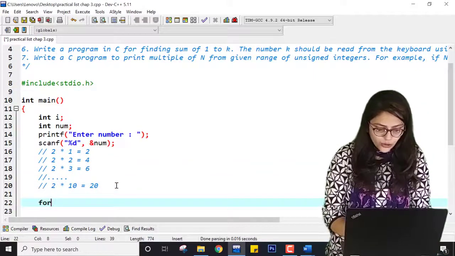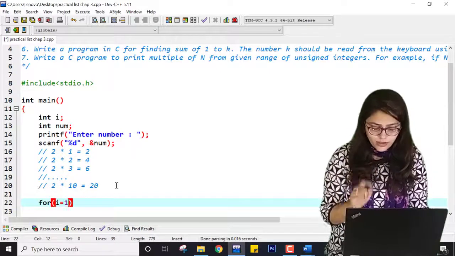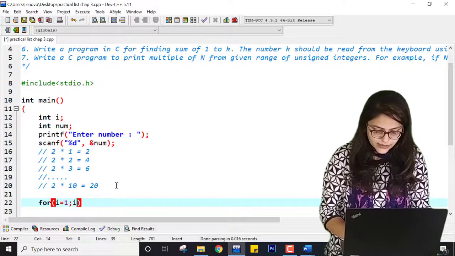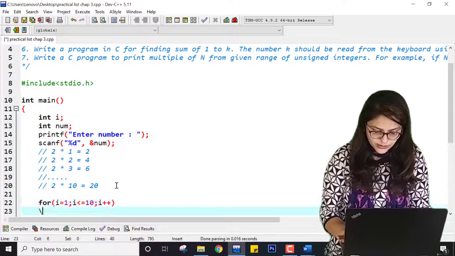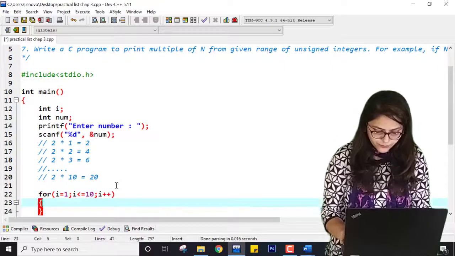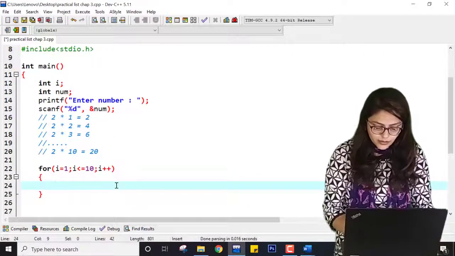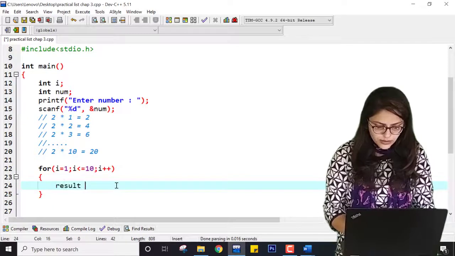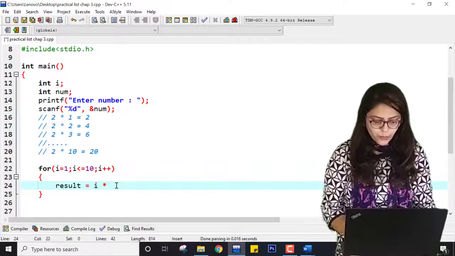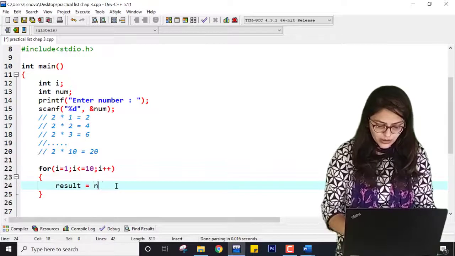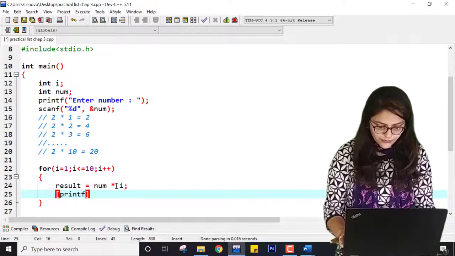I can write for i equal to 1, because the range starts from 1, then i is less than or equal to 10, and i plus plus. Inside this, first I am writing result equal to i into num, or you can say num into i, both of them are similar, and then I am printing with printf.